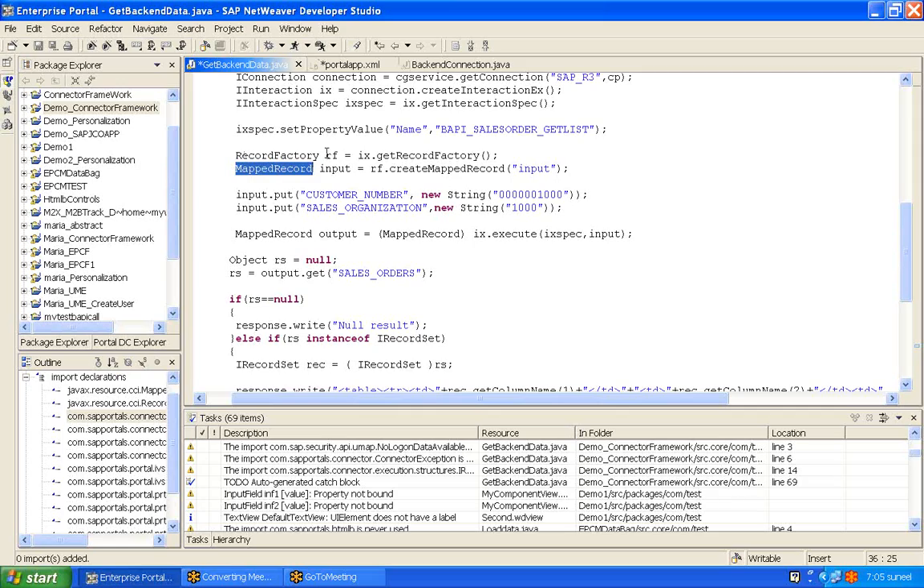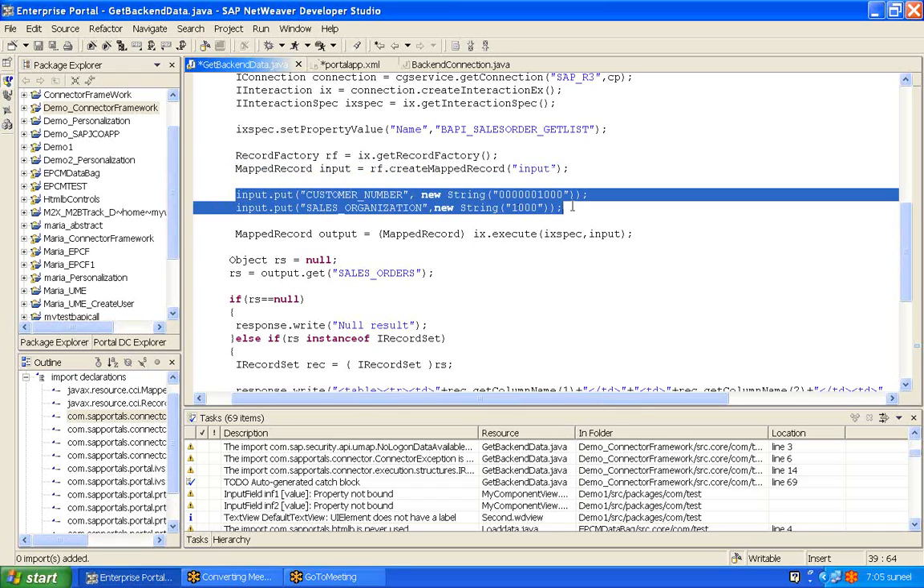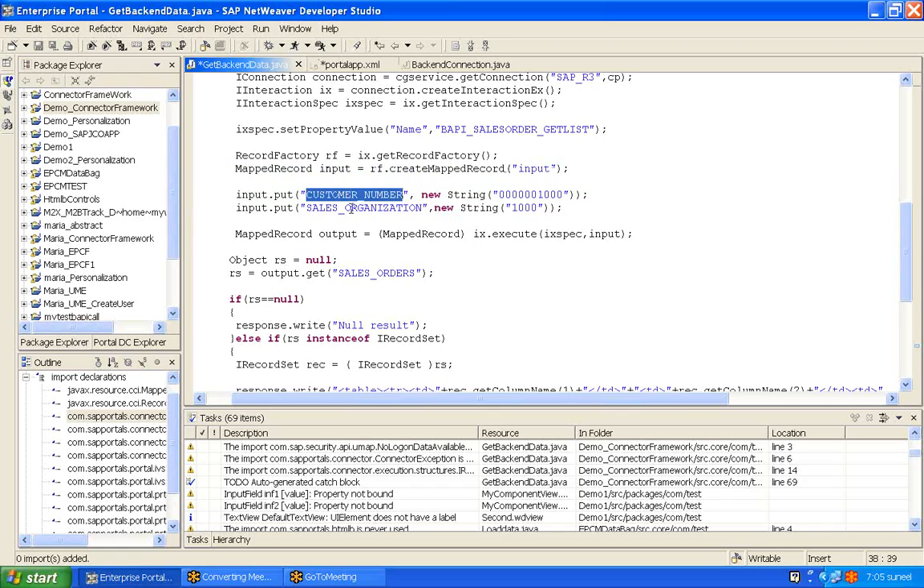So to get a mapper record, we need record factory. So get a record factory object from interaction, then create mapper record input and populate that input object with the required input by the BAPI. So customer number is a mandatory parameter required by the BAPI, and sales organization is required. So now get the output from this execute method in the interaction object. So this execute method takes the interaction spec, which has the name of the BAPI and also the input the BAPI required. So after execution,